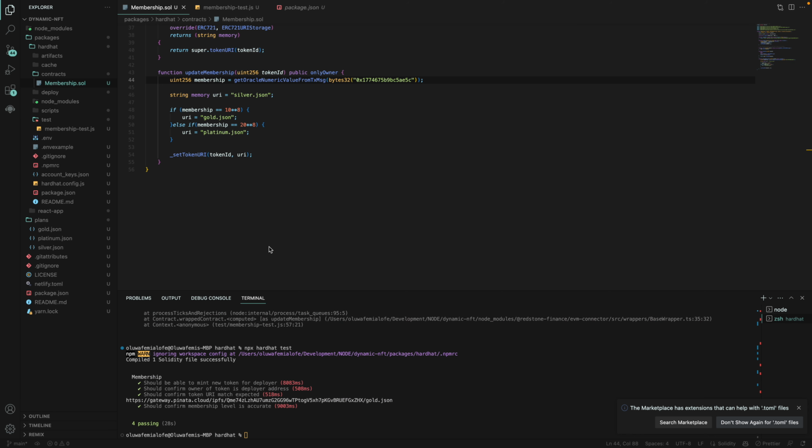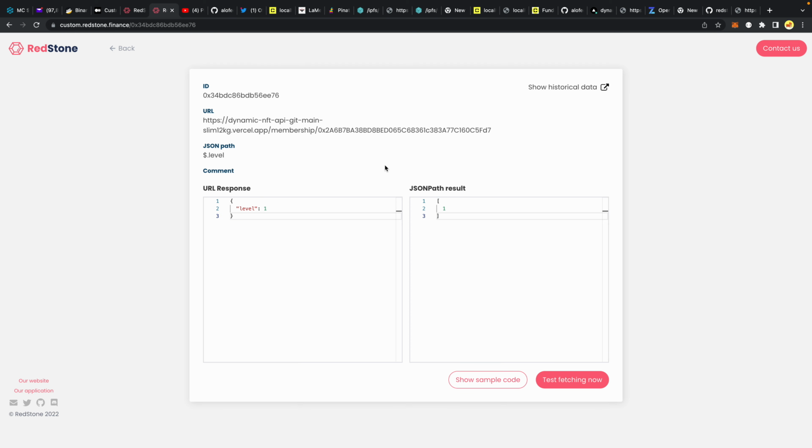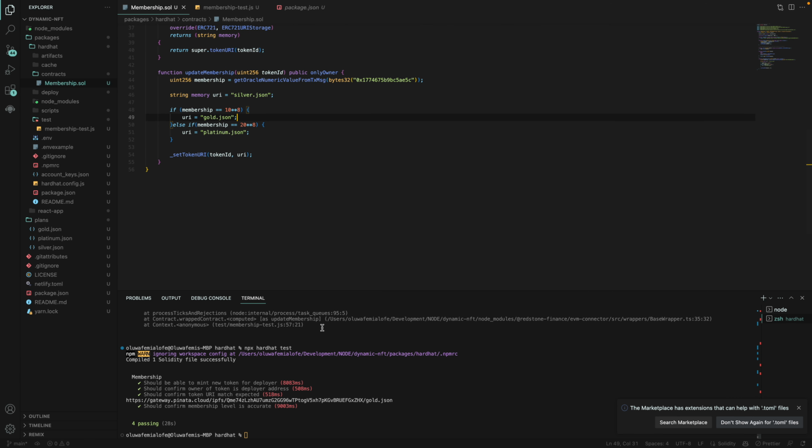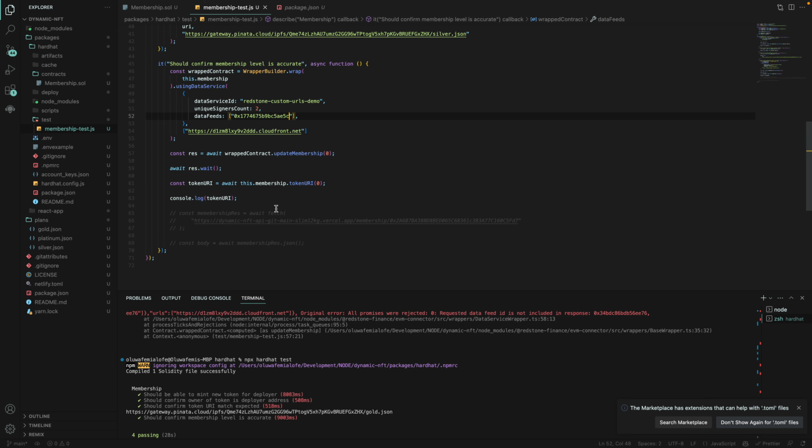Okay, so it was that data. It probably was coming from Redstone end. So changing that works, but I'm wondering why this wasn't working. Anyways, let's not spend too much time on this. This works now. It gives us gold.json. The previous one gives us silver.json, right? So all our tests will really work. That's fantastic, right? What if we change that guy to like 2 instead of 1? Then it's going to be